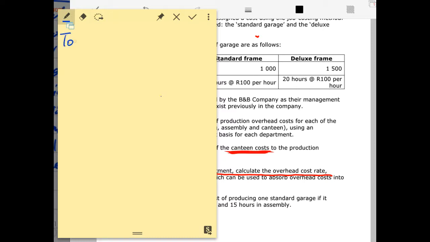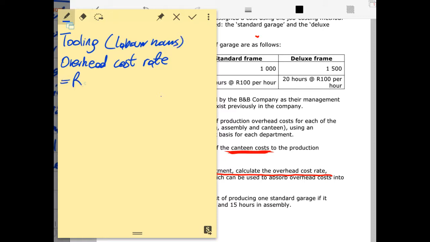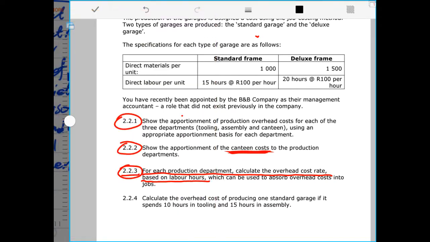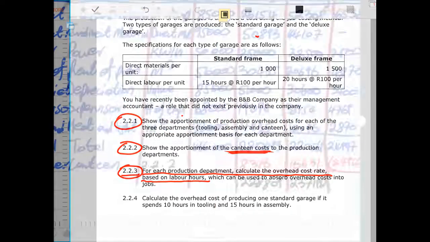So now we start with the tooling department. Under the tooling department we are calculating overhead using labor hours. Overhead cost rate, and we know that it is based on labor hours. Just take note of that. Labor hours. And our cost, total overhead cost for this department is